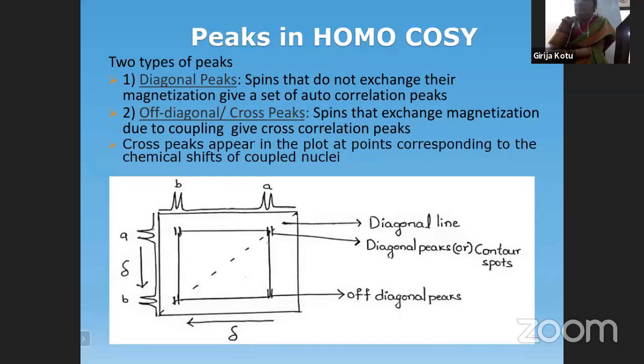So we are not going to show it in the form of multiplicity. We will have to show it only in the form of cross peaks. So there is a cross peak here connecting A and B. If suppose there is no cross peak, what does it mean? That means A doesn't couple with B and B doesn't couple with A, and B is seen as a singlet and A is seen as a singlet. But here B and A are seen as doublets. Hence A is coupling with B and B is also coupling with A, and hence you are finding the cross peaks. So this is the significance of cross peaks.